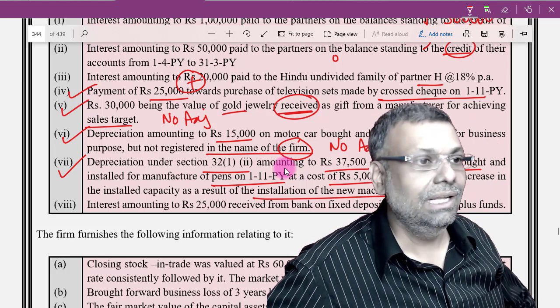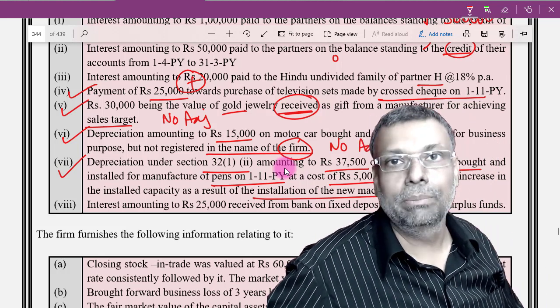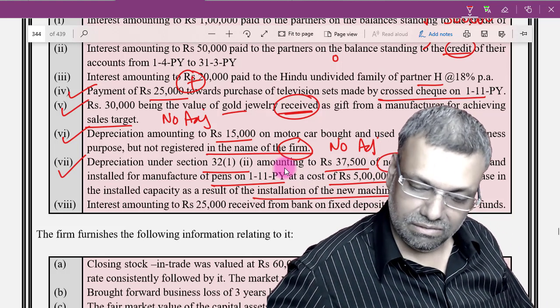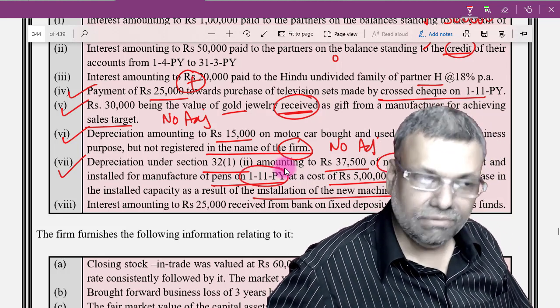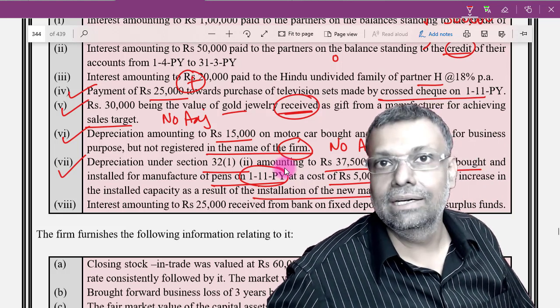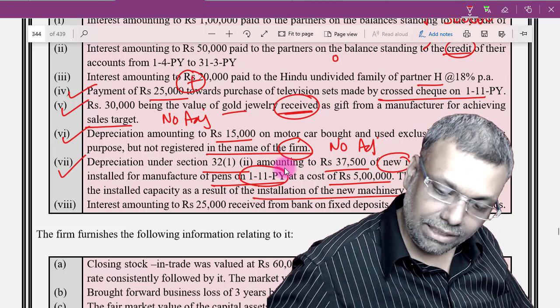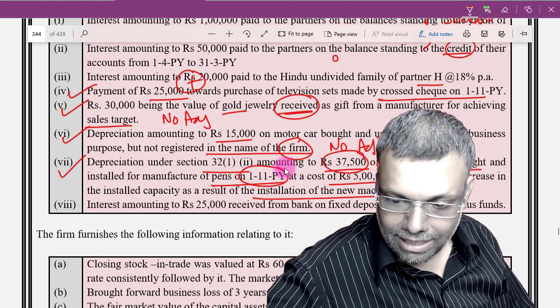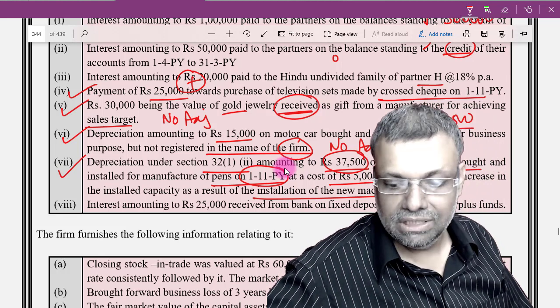Now this new machinery can also be eligible for the purpose of additional depreciation. Okay, and it is installed on 1st of November, so it will be half the rate. So normal depreciation will also be half the rate, and additional depreciation will also be half the rate. So I can say that this 37,500, which is a book depreciation, so add 37,500 the book depreciation, then the